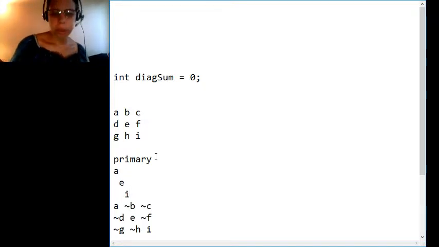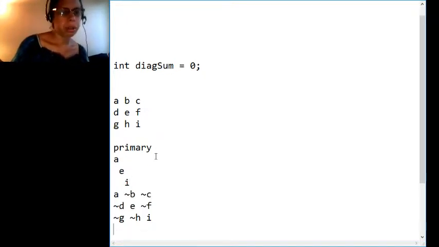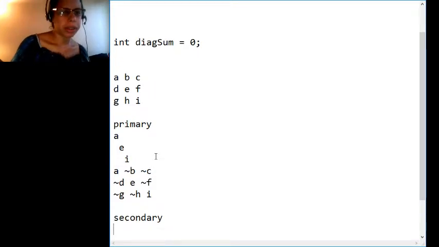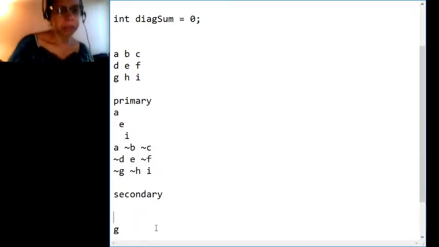Okay, so that takes care of primary. Then we have to get secondary. And secondary in this case is... I want to say GEC, but I think it's... no, GEC. Let me double check. Nothing's wrong with double checking. Okay. Yeah. So it's going like this. Cool. Alright. So G,